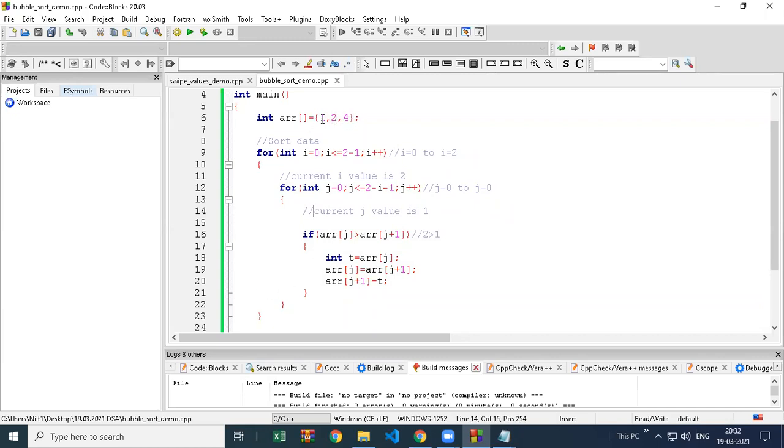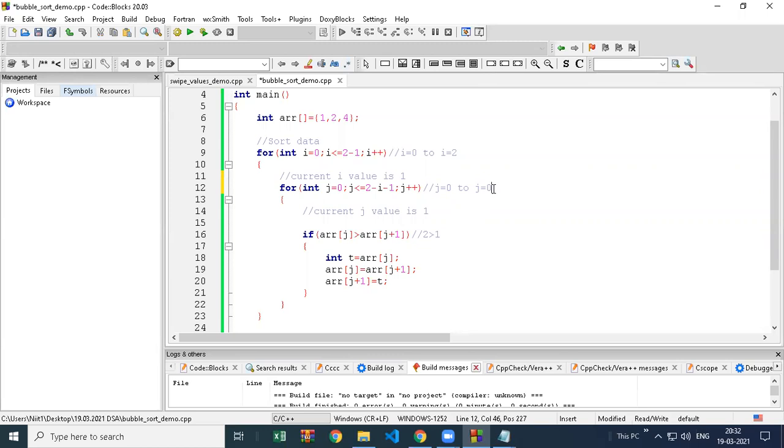In the second pass it makes only 1 comparison. So why is this 2 minus I written here? This is a formula. If I value is 0, so 2 minus 0 minus 1, it just repeats 0 to 1, means 2 times. In the next time when the I value increases to 1, so 2 minus 1, 1 minus 1, 0.